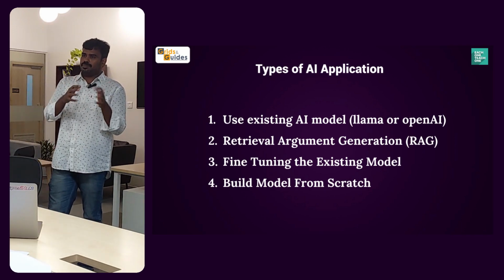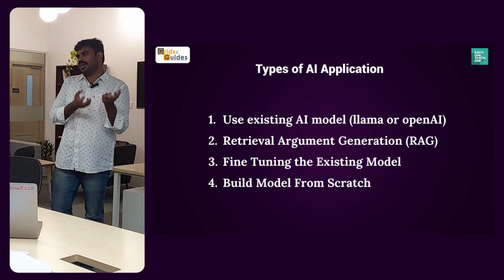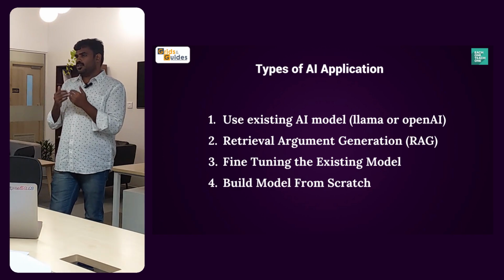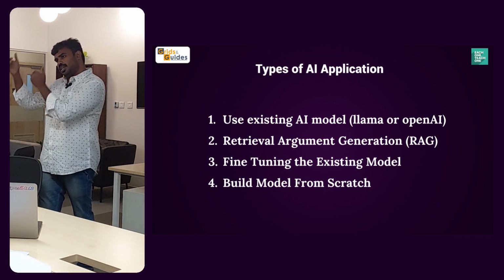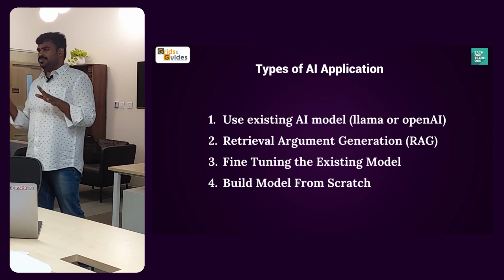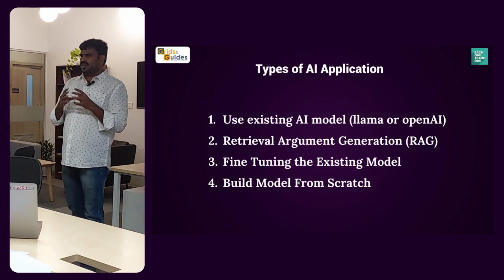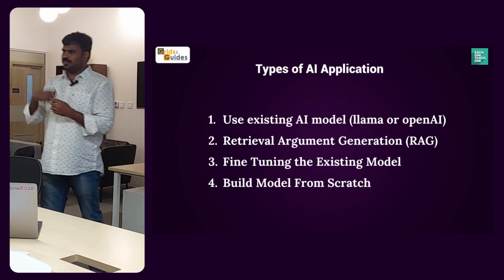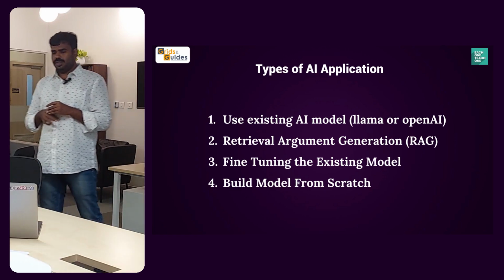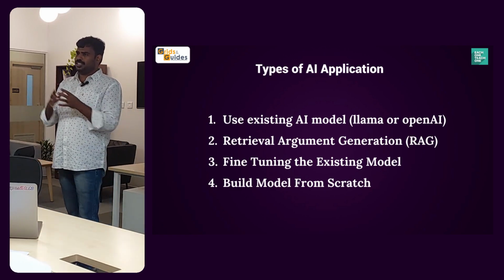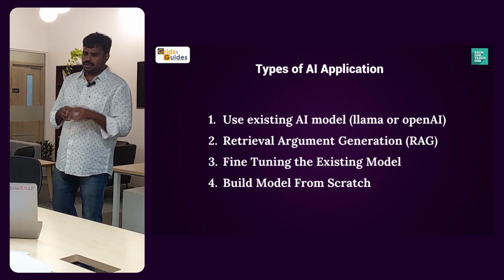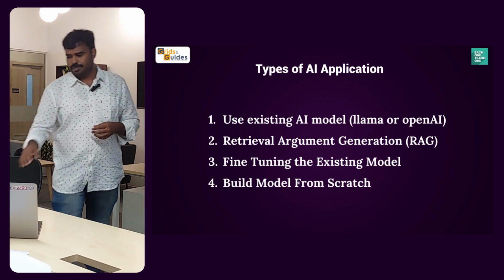So what happens is these PDF formats and all the documents will be converted into vectors and stored in a database. Whenever you ask a query, it will go and search within those existing vectors. How many of you have used Elasticsearch? Elasticsearch is a kind of vector search, and it gives a match. All kinds of search algorithms will do this. That technology has advanced a little bit, and we have a separate database called a vector database. Through that database, this RAG is happening. Fine-tuning is taking an existing model and building on top of that, right?